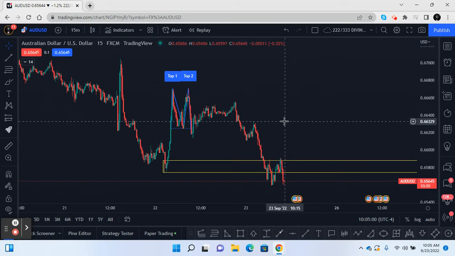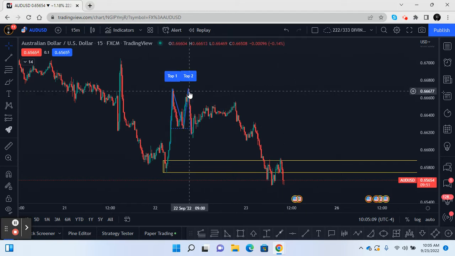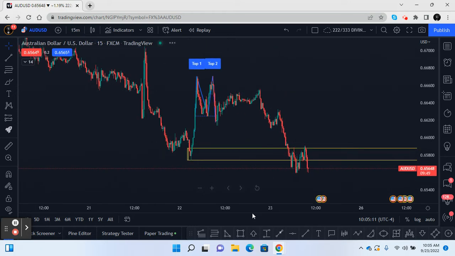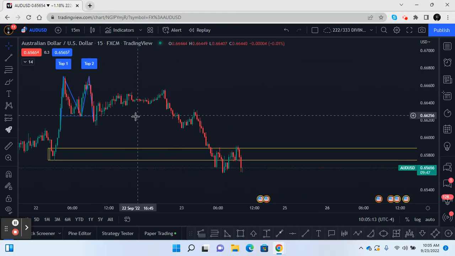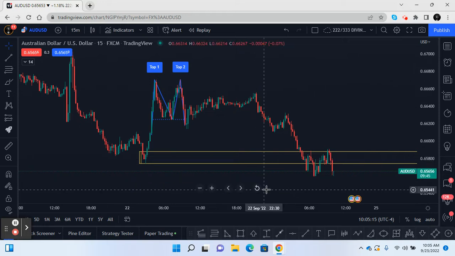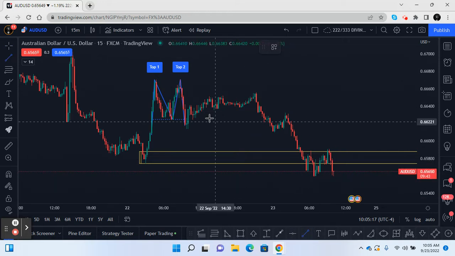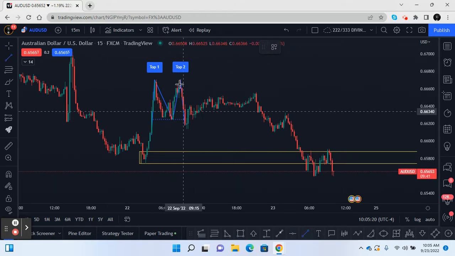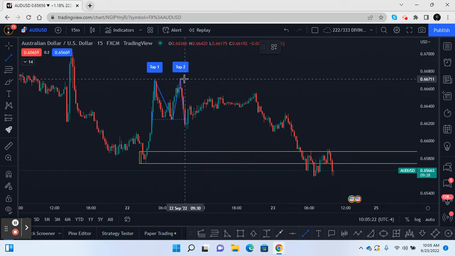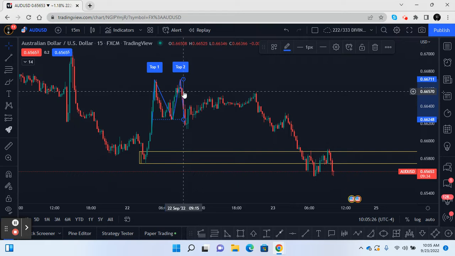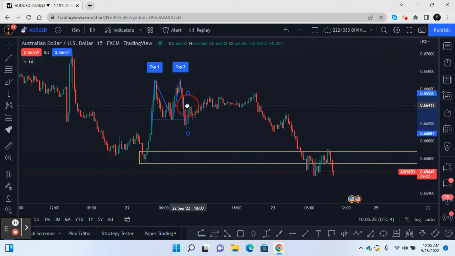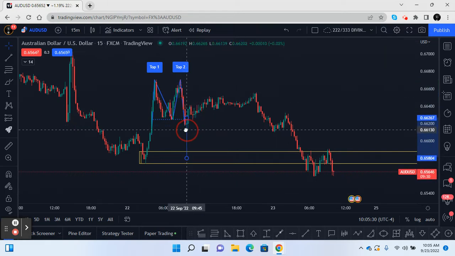Hey, good morning. We're going over the Australian US dollar, and I'm going to show you how this trade played out. Of course, we have a natural double top. And remember, with a double top, you have two ways you can trade it. You can trade it back to the neckline if you catch the trade early, but if you want to maximize your pips, points, or ticks if you're using stocks,